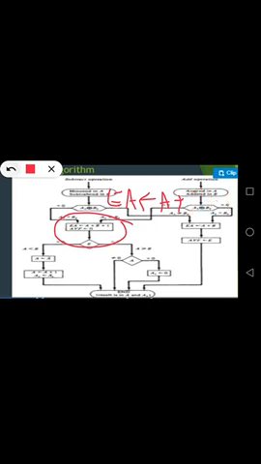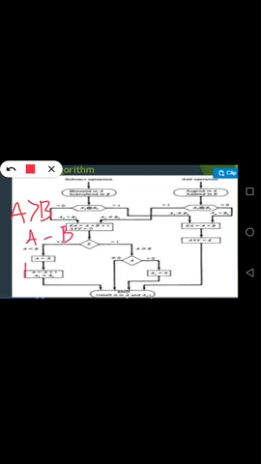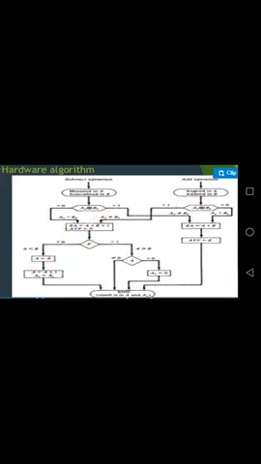Remember, this is the case for A greater than B. So when A is greater than B, you need to perform A minus B. A minus B can be written as A plus of minus B, and A plus of minus B is nothing but any negative number has to be represented in 2's complement form. So 2's complement of B is equals to 1's complement, that is B bar plus 1. So you have to perform A plus B bar plus 1. I hope you understand this step.